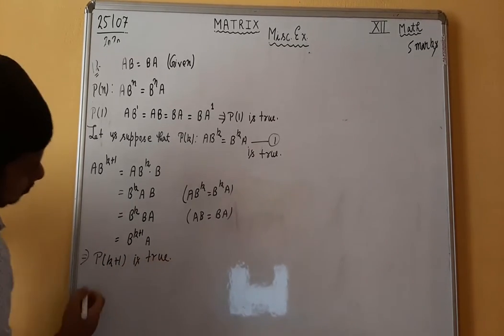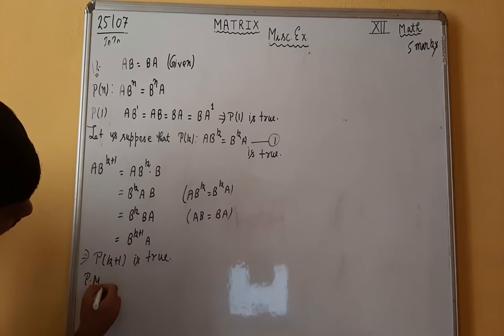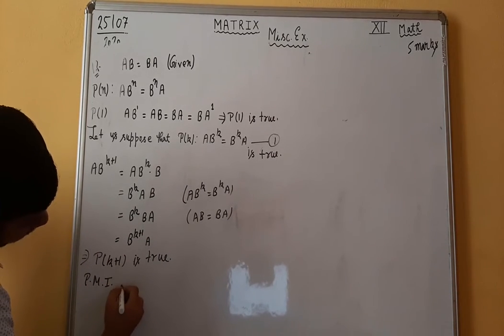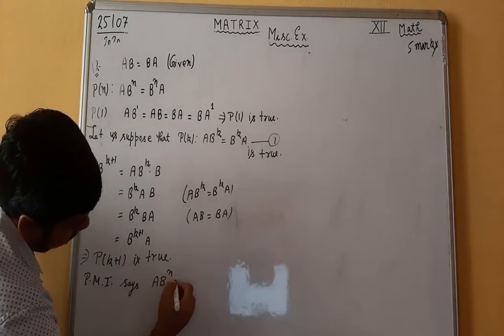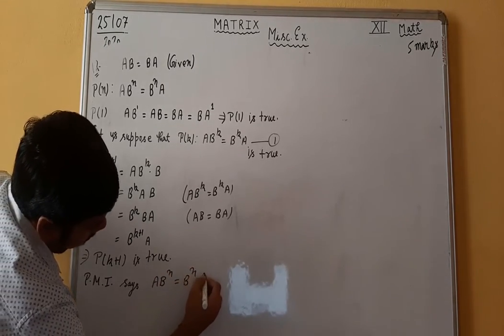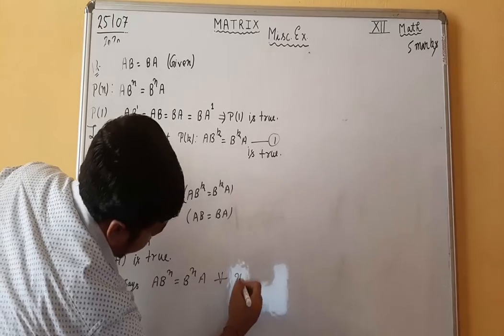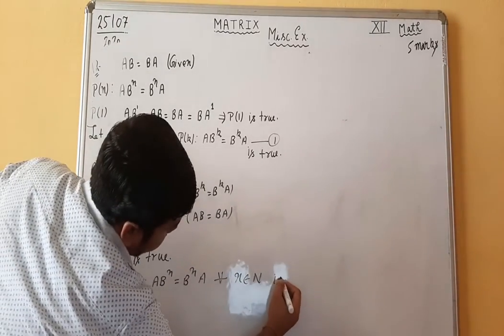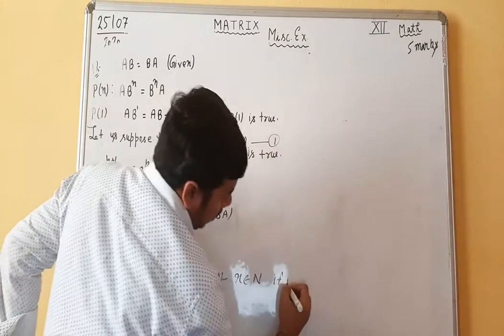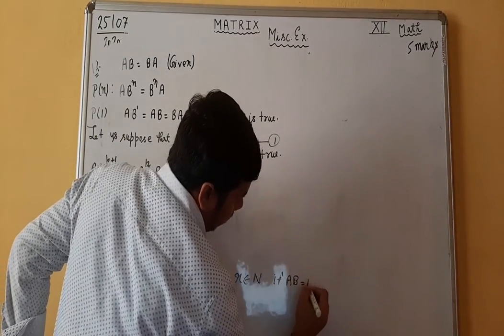Then the principle of mathematical induction says the result is true for all natural numbers, for all n belongs to N. And with this, the condition is provided that AB is equal to BA. Now